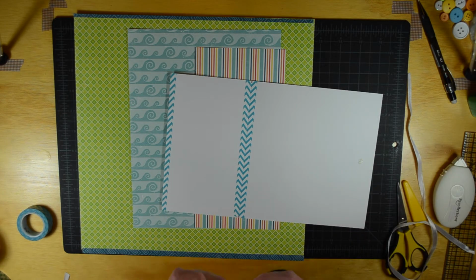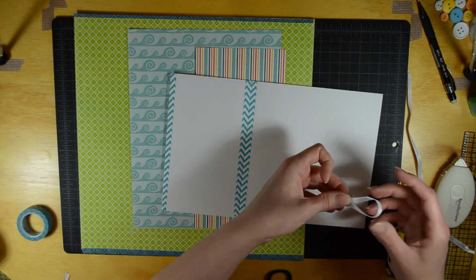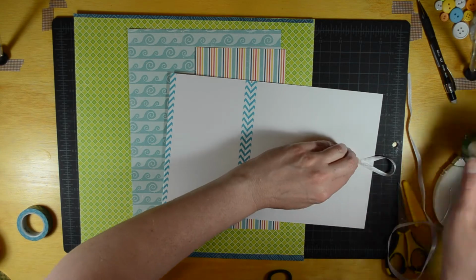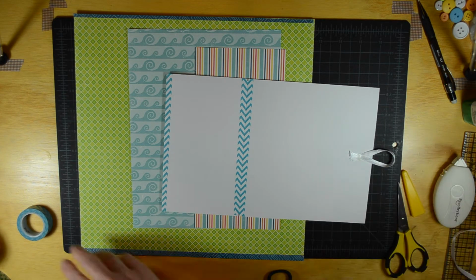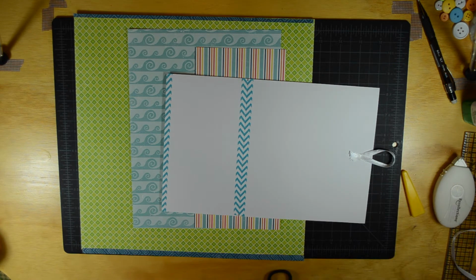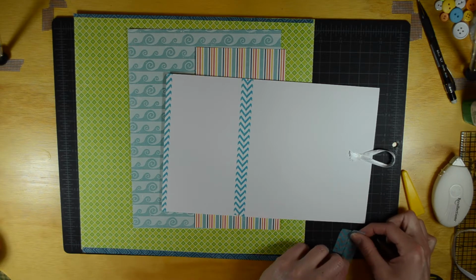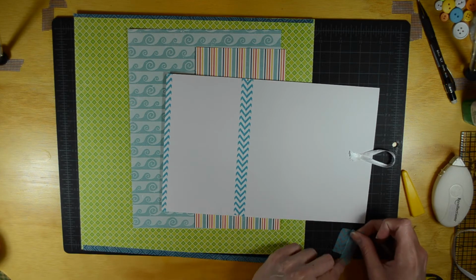So this washi tape's actually from Pick Your Plum. And funny enough, they actually have it on there today, the same set that I have. I think it comes with like 8 different tapes, different colors. They're chevron, stripe, dots, the chalkboard with the numbers, which I actually really like that one, and then an alphabet one as well. But I found that these tapes specifically really coordinated with the Echo Park collection,